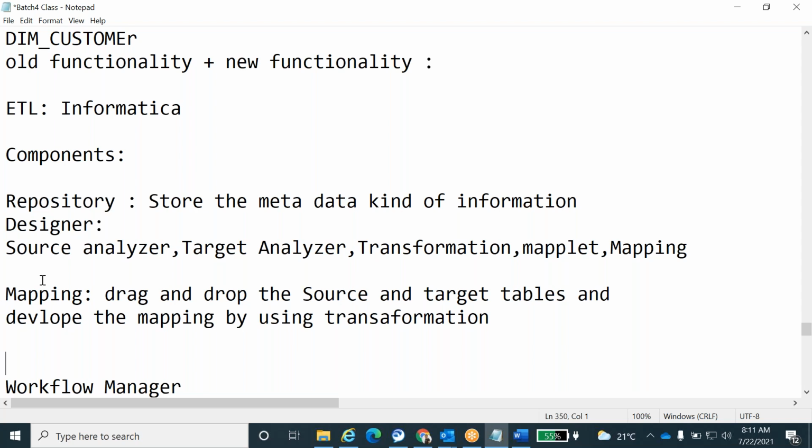Next will be the workflow manager. Here they generate the jobs, which we also call workflows. They will generate the workflows on top of the mapping, whichever mapping they developed here. For that mapping, the developer develops the workflows. So as part of QA responsibility,